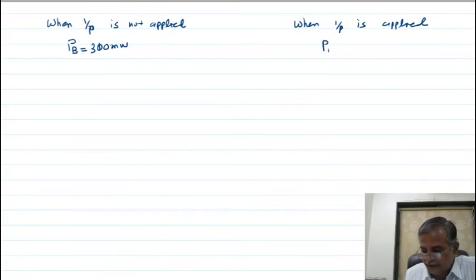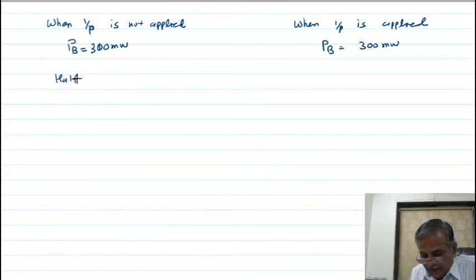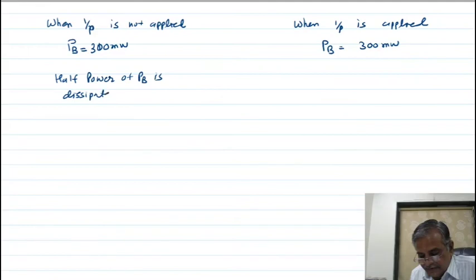When input is not applied, then half the power of PB is dissipated in the load RL, and remaining half